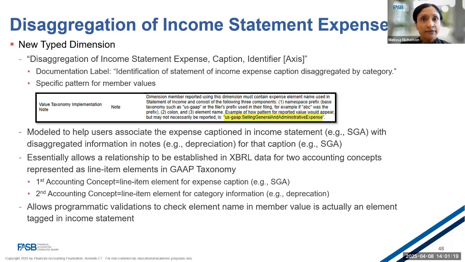One, the namespace prefix from the taxonomy in which the element is derived. So for example, us-gaap with a colon and the element name. So here's the format that's highlighted in the middle of the screen in yellow. Now, as to the remaining points on this slide, I would rather illustrate them for you as I walk through an example on the next slide.